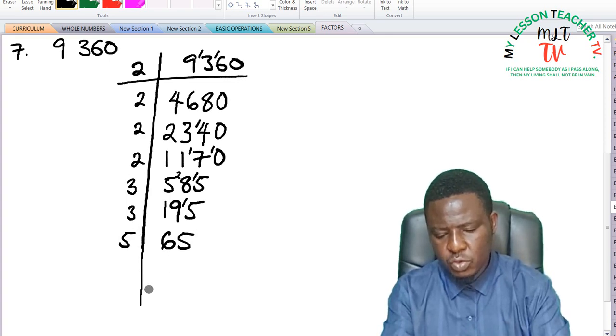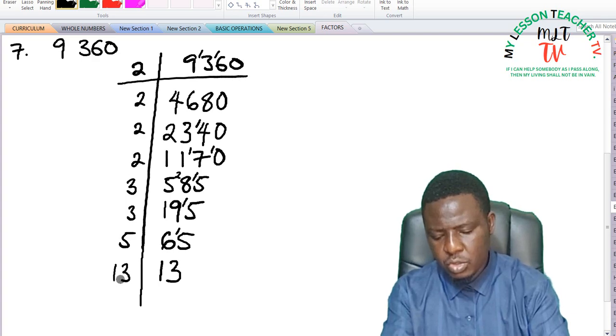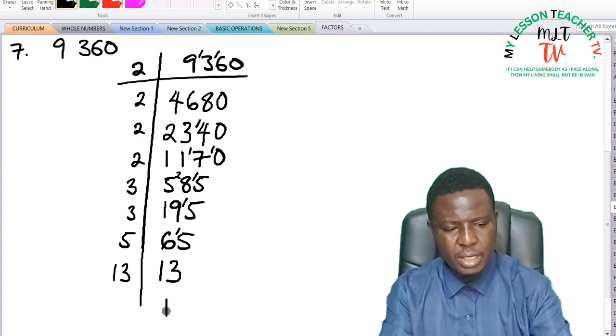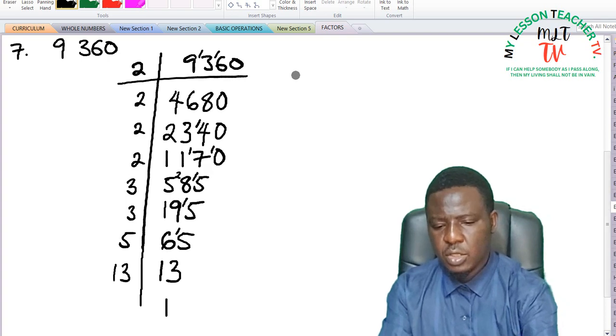5 into 6 is 1, remainder 1. 5 into 15 is 3 times. 5 cannot divide, and 13 is a prime number. So you divide by 13, and that gives you 1. So that